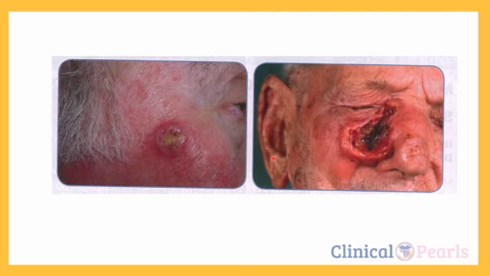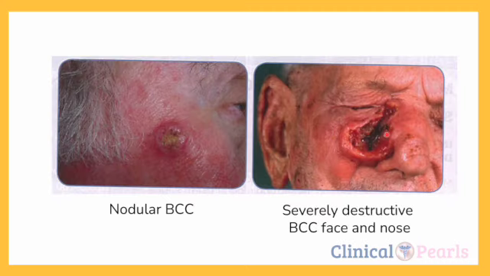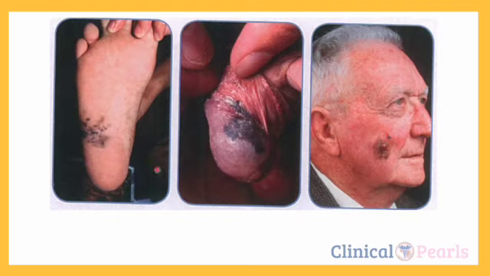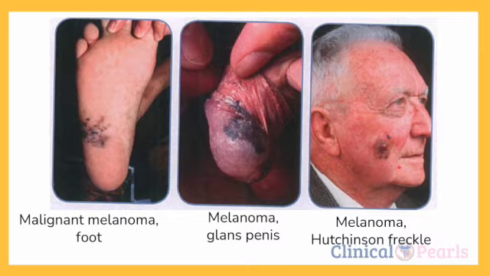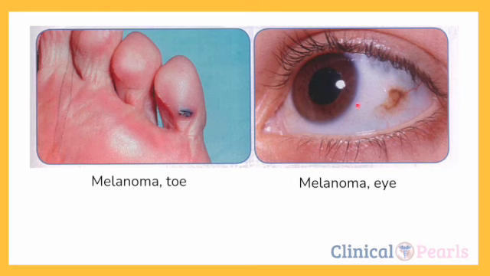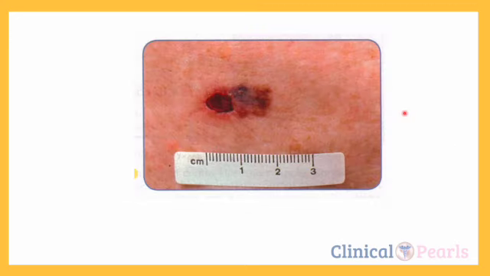This is nodular basal cell carcinoma. The next one is severely destructive basal cell carcinoma of the face and nose. The first is malignant melanoma of the foot, followed by the melanoma of the glans penis, then followed by melanoma or Hutchinson freckle on the face. Melanoma of the toe, melanoma of the eye. This is again malignant melanoma,